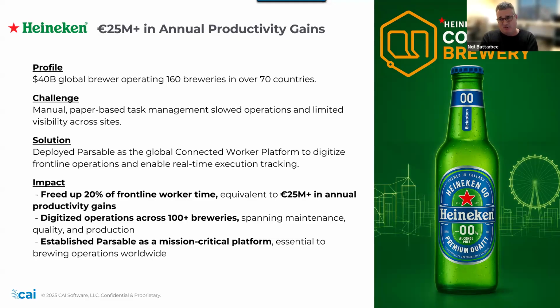So Possible, our connected worker system, is deployed in 120 breweries. They have 40 use cases of standard operating procedure delivery, and they've got 10,000 users. And they're doing millions of jobs. Now, a lot of the Infor Syteline network is not of this scale. But my point here is relevant in a way that the favorite quote I got from my time, we met someone from the Heineken team, is they said, if Possible goes down, then we stop brewing beer.